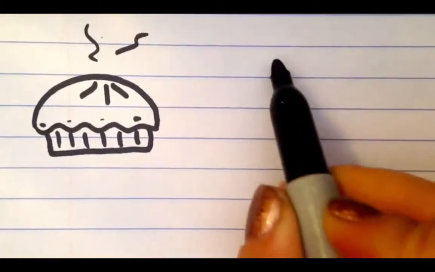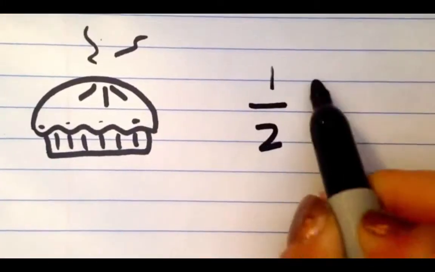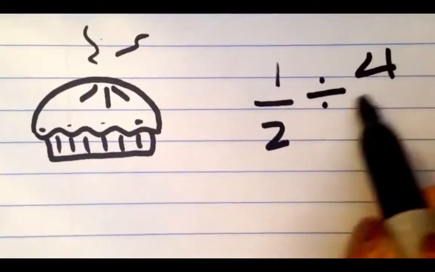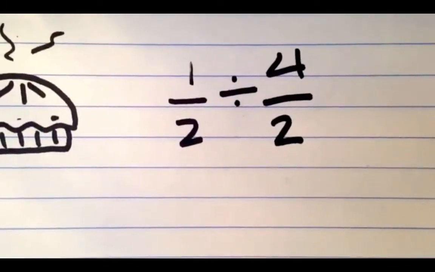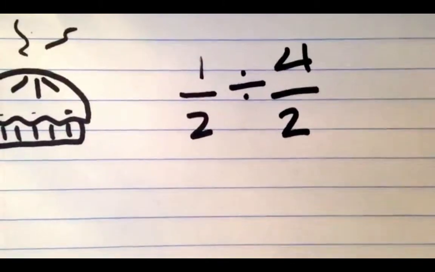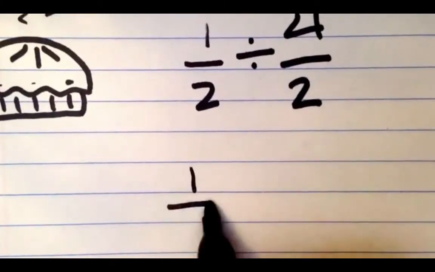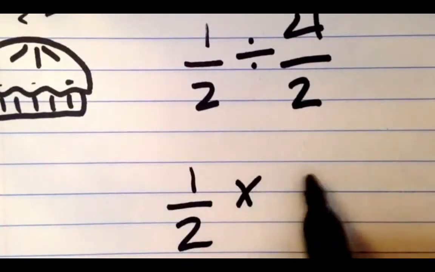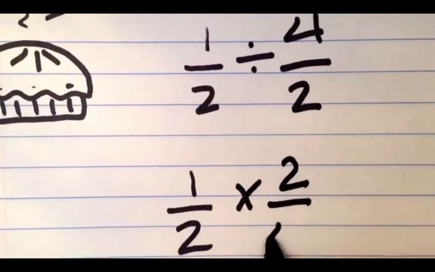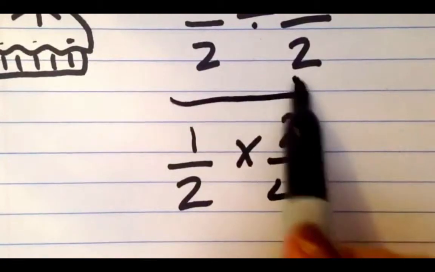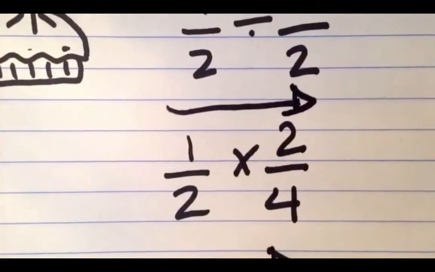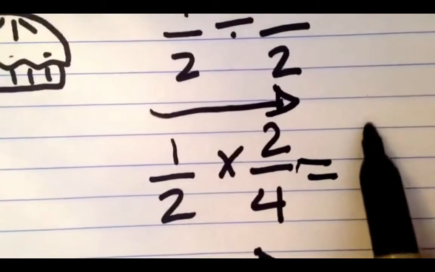Alright kids, we're moving on. So dividing fractions is simple as pie. What we're going to do is we're going to flip the second and multiply. So we're going to multiply and flip the second. And then we go, just like we did before, straight across the top and straight across the bottom. And that's going to equal